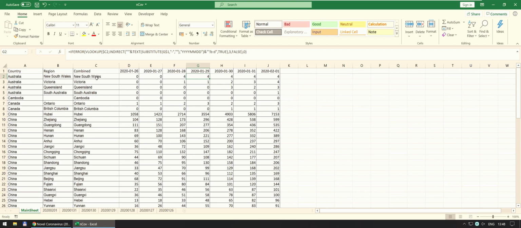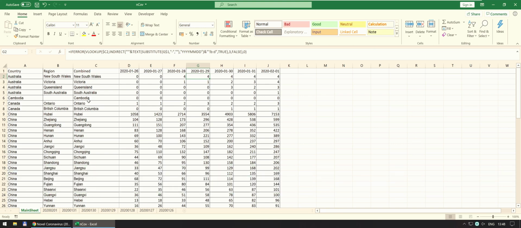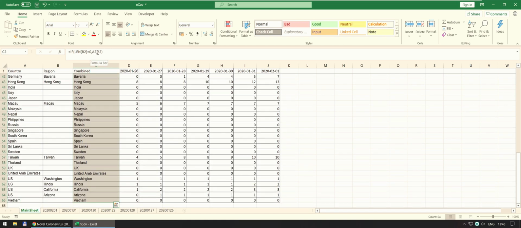So in my mind, I think what would be sensible is to say you have Australia, New South Wales, Australia, Victoria, and Cambodia is not being broken down into anything, so you would have Cambodia, and then you would have Canada, Ontario, and so on. So my initial plan was to have